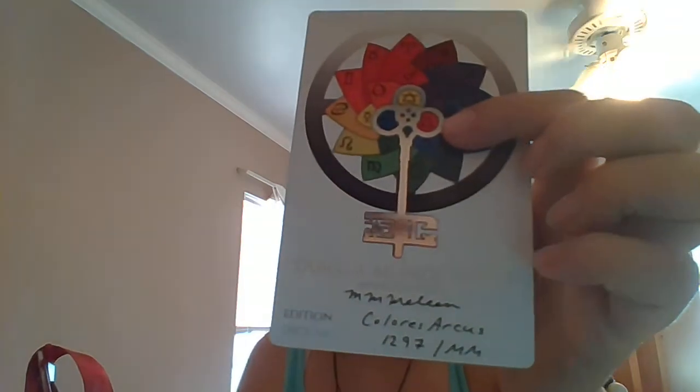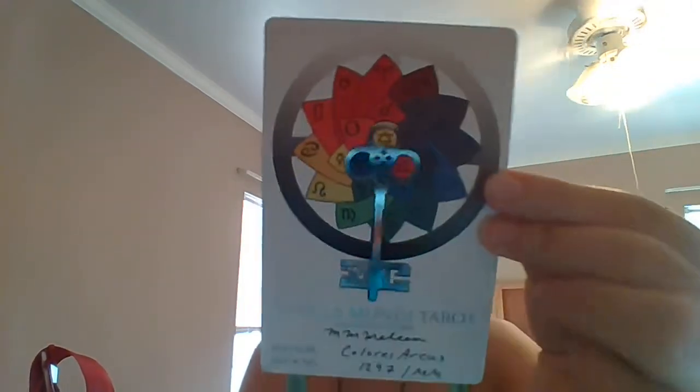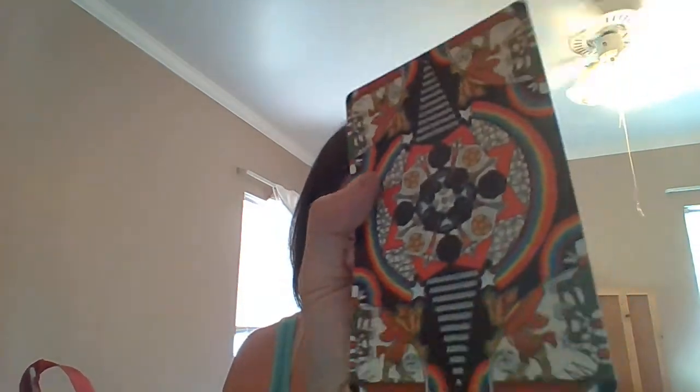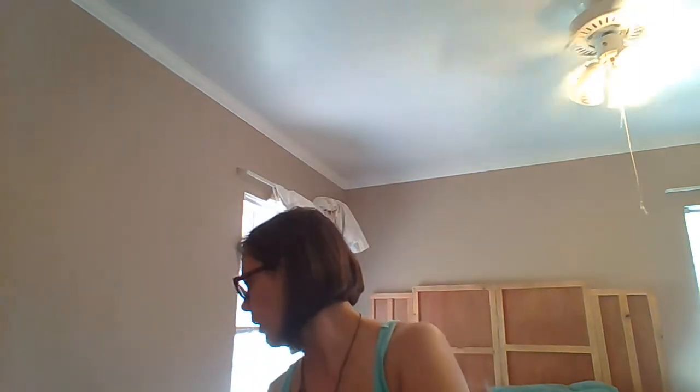This one is 1,297. And the side, it's got reflective. Gorgeous. These are the backs. They're also holographic. You can't really see very well, but. And then it came with a big book that, well, it was purchased separately, but it was gifted to me,